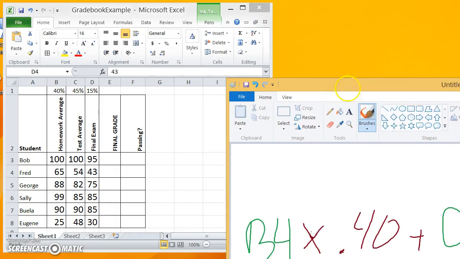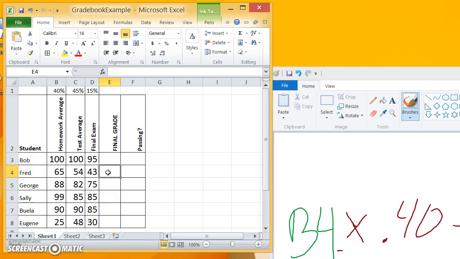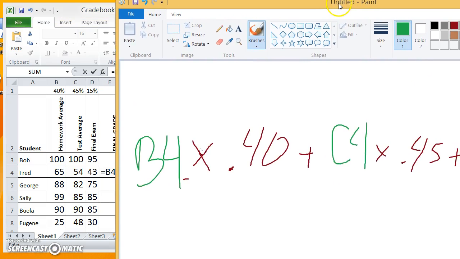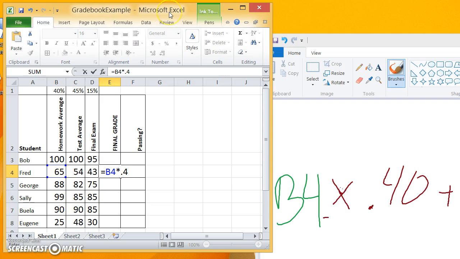Now, here's what's going to happen. If I'm going to put this math in, I want to click exactly where I want that math. So I want that math to be right here in the final grade. Then I'm going to start typing. The weird thing about math in Excel is you always start your math with an equal sign. So you want it to be equal to, and we said B4 times 0.4. The weird thing about times is you have to use the asterisk, which is on the 8, so Shift 8. B4 times 0.4, plus C4 times 0.45